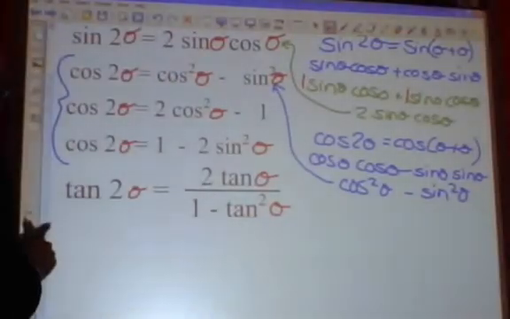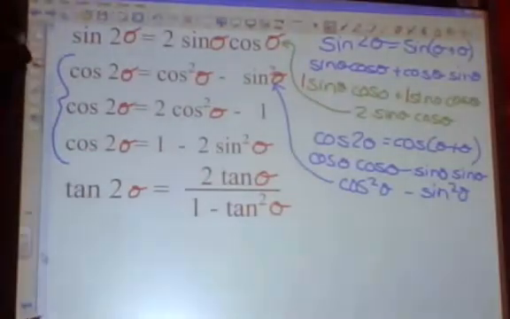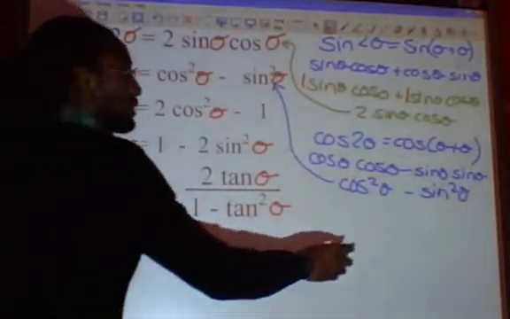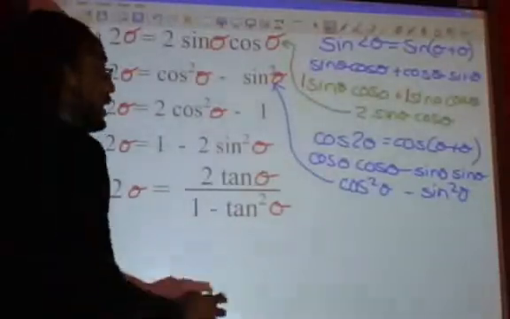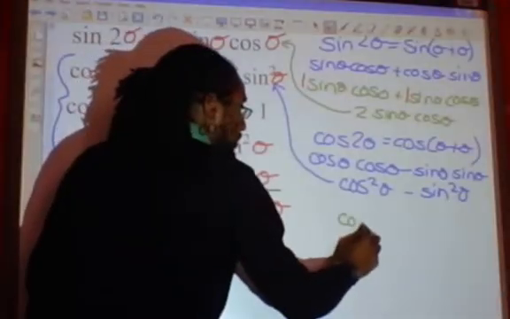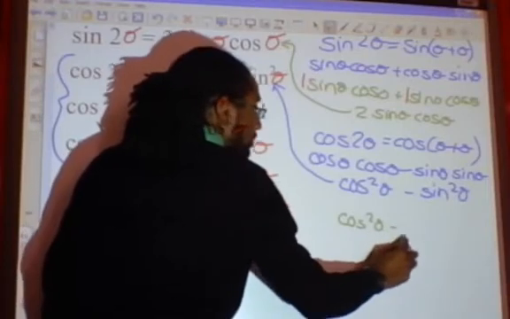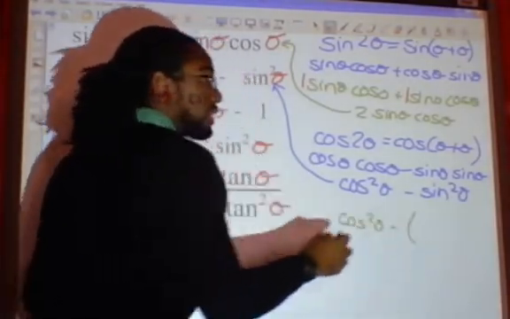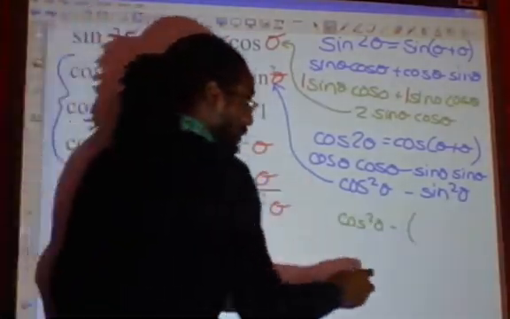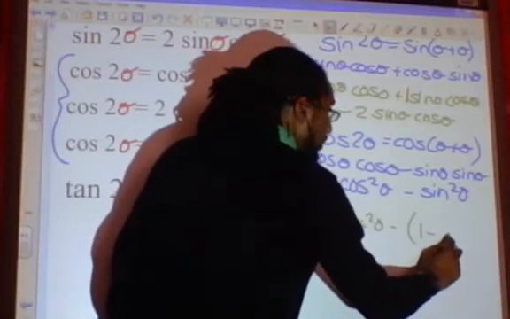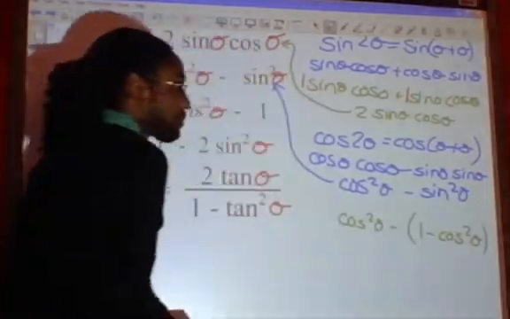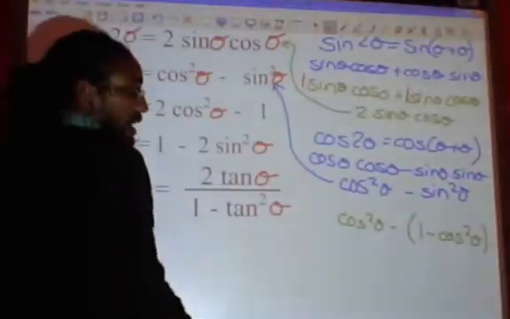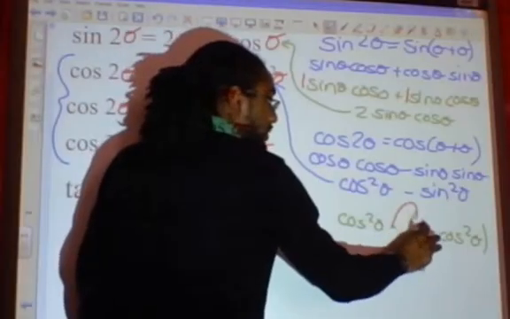All right, we're going to look at using this here. We know already from the trig functions we talked about before what sine squared theta is if we use the Pythagorean identity and manipulate it. So we can do cosine squared theta minus, and we already know, because we've dealt with this a lot of times already, that sine squared theta is the same thing as saying 1 minus cosine squared theta. If we go ahead and distribute that negative to both terms inside the parentheses,